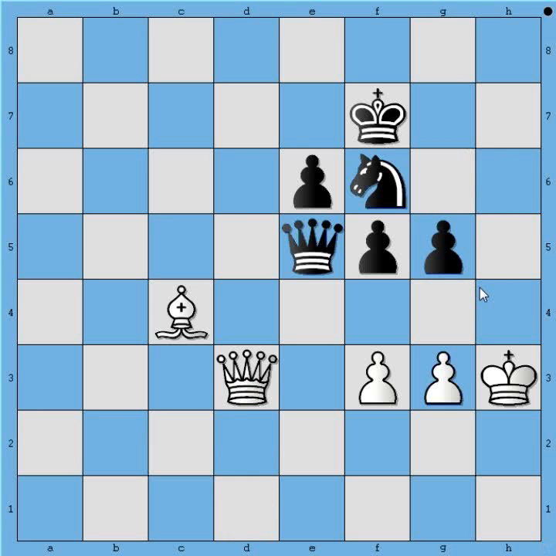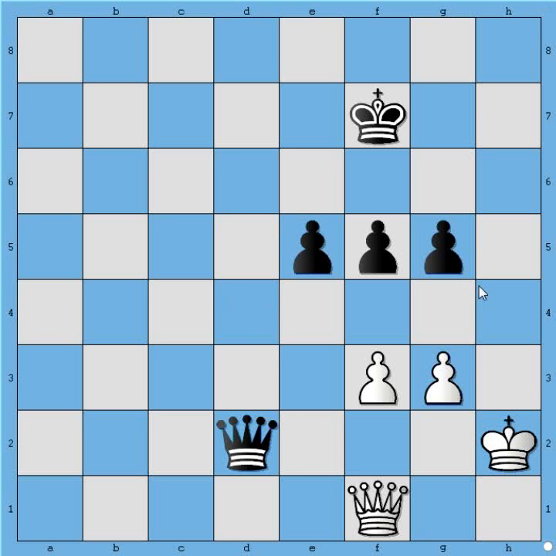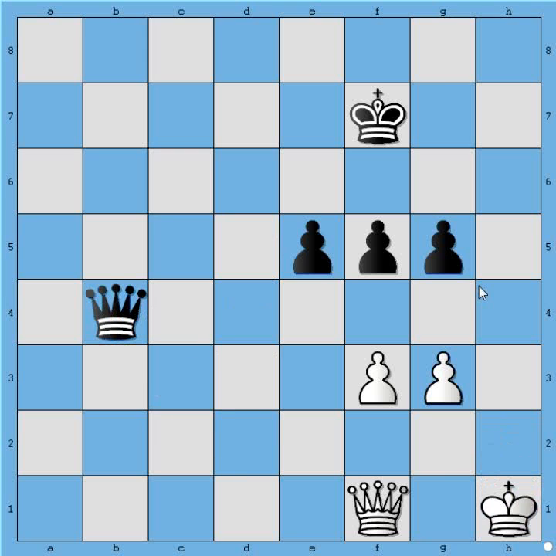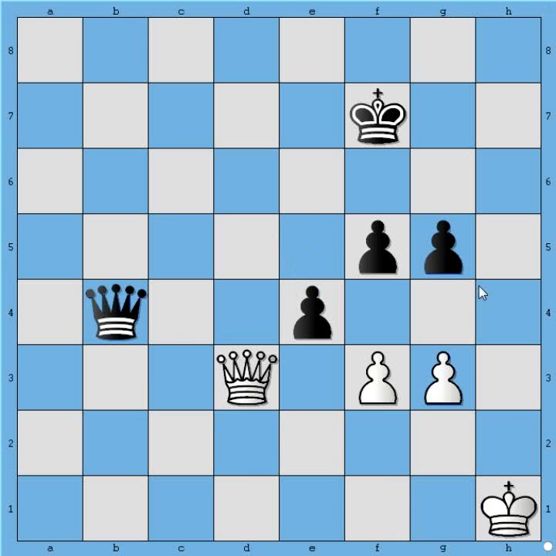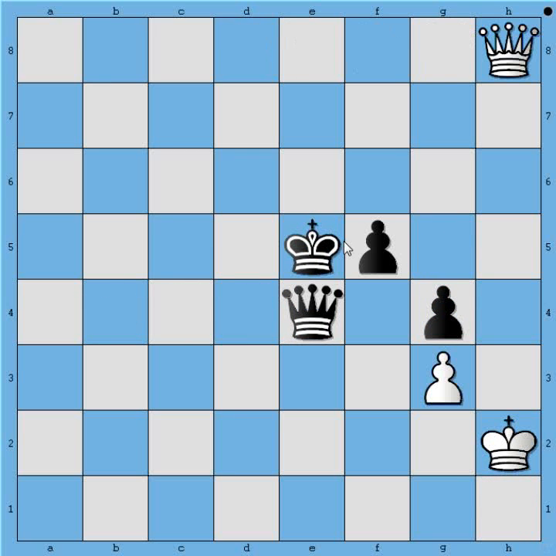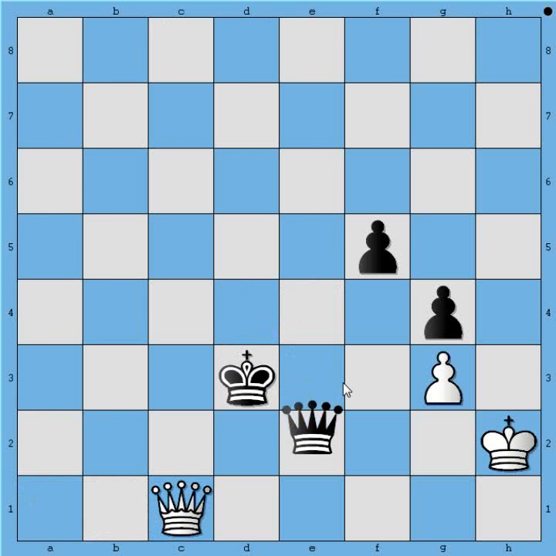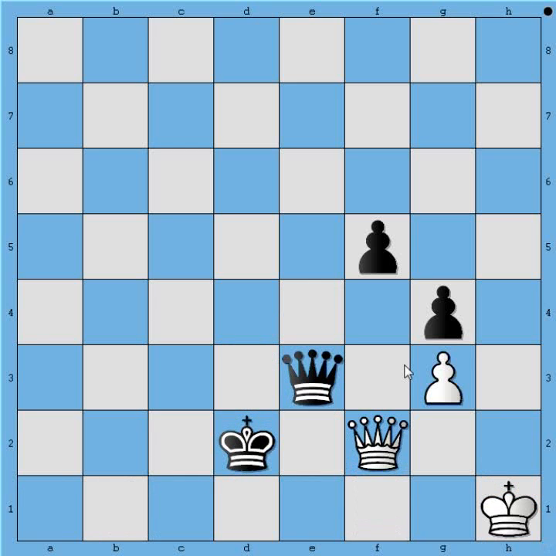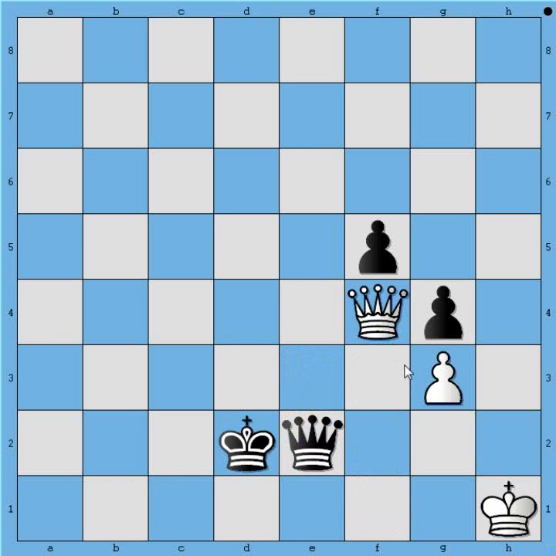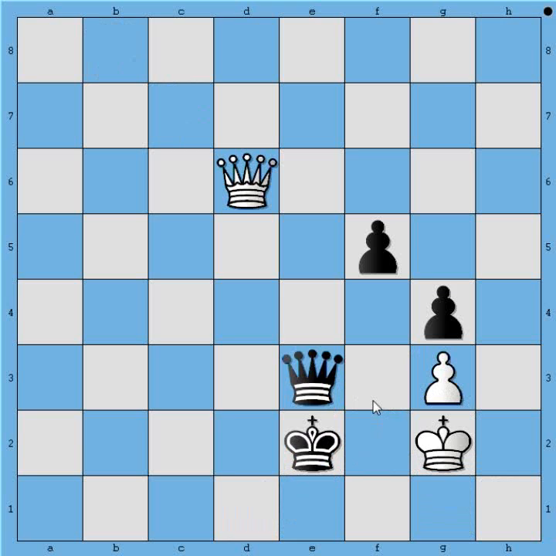Now I think that black is trying to exchange everything off, and then have a pawn advantage. But the advantage, I think, currently isn't big enough to force a win. I think that white can force a queen exchange, but probably black can make it so that the white king is in a position where black has an ensured...